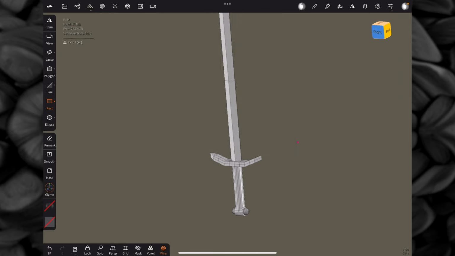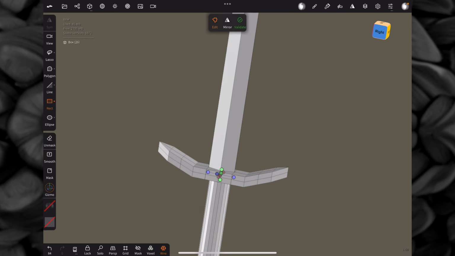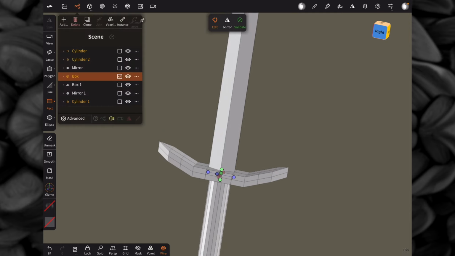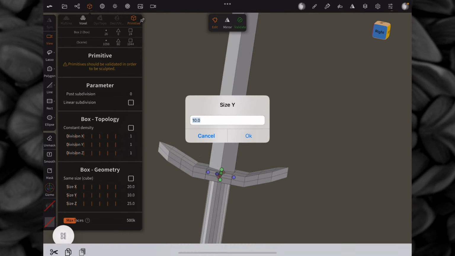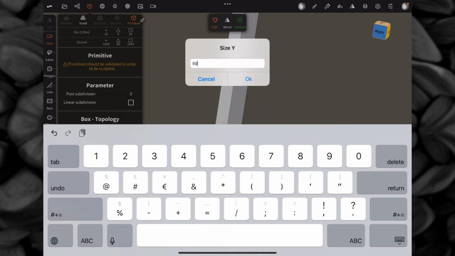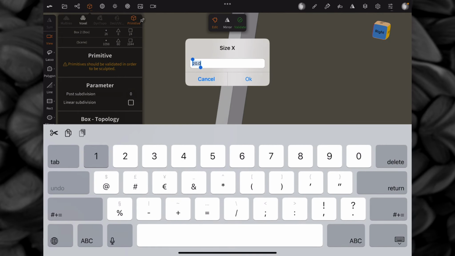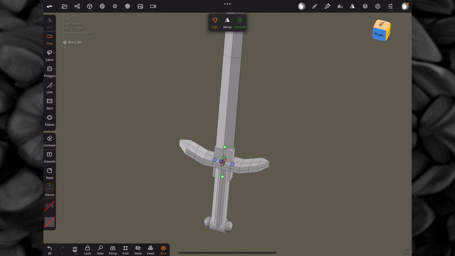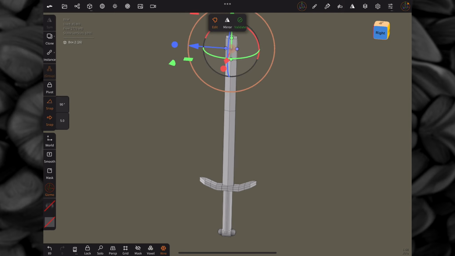Yes, it's looking fine. Now to go on, we again select our middle bar cube, clone it, go to the primitive menu, set the values to y size 50 and x size 10. Now also bring this cube at the top of our sword,